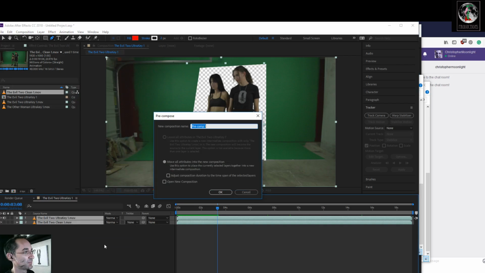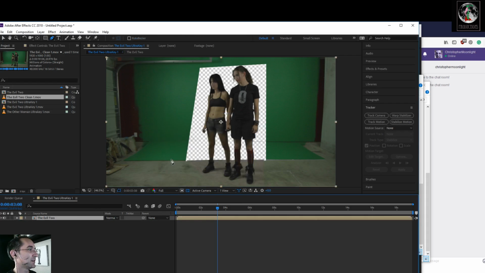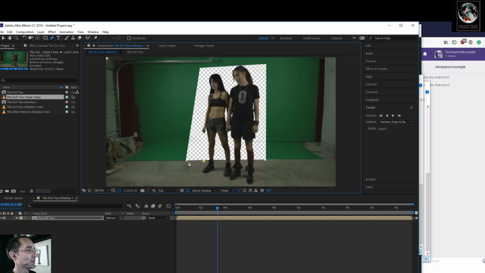Pre-compose those two. Alright, now we can get to cropping in earnest. Shouldn't have cropped that so tight.